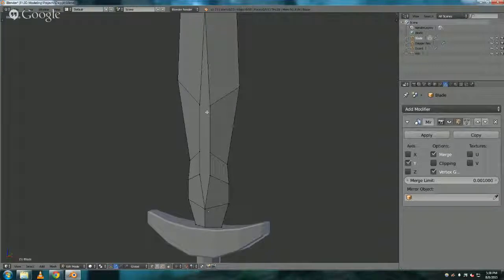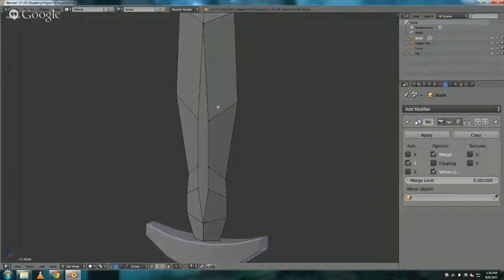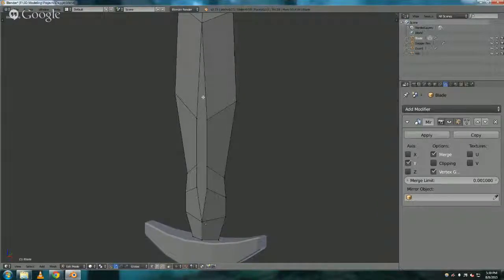You'll hear that term in 3D modeling. An n-gon is something that is not 3 or 4 sided. Obviously, a 2-sided one is just a line. I don't think you can just have a 2-sided polygon. What you can have is something with 5 or 6, or in this case 1, 2, 3, 4,